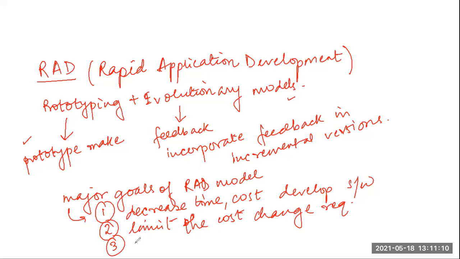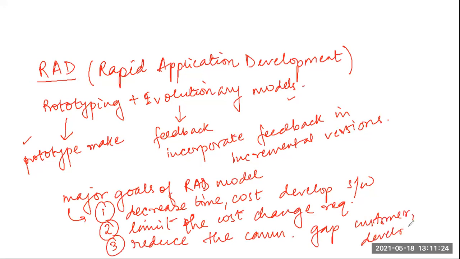The next goal is to reduce the communication gap between the customer and the developer. At each and every step, the developer used to give the partially made product to the customer. The customer used to check and give feedback, then again the developer gave the partially made product. So a concept